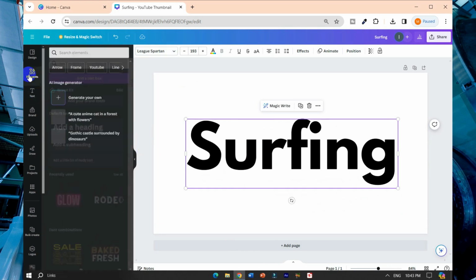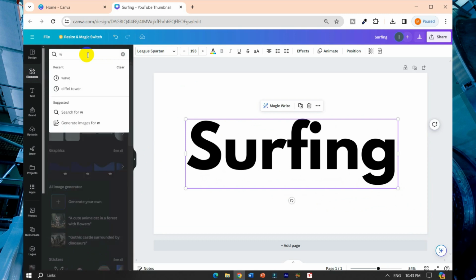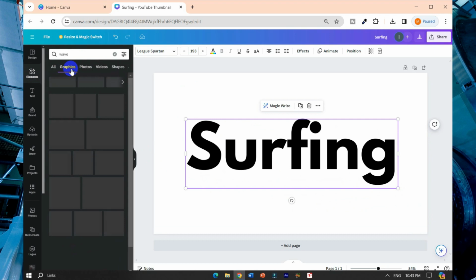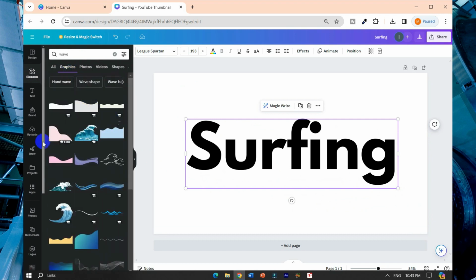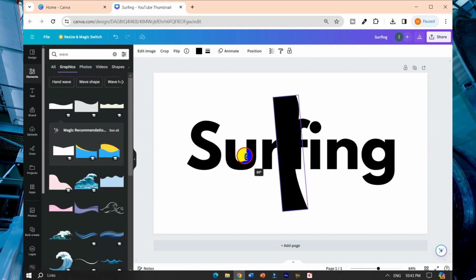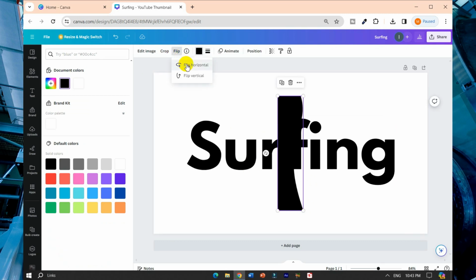Then go to elements and search wave. Then go to graphics, choose any type of graphic as you want, then rotate it almost 90 degrees. Then go to flip horizontal,